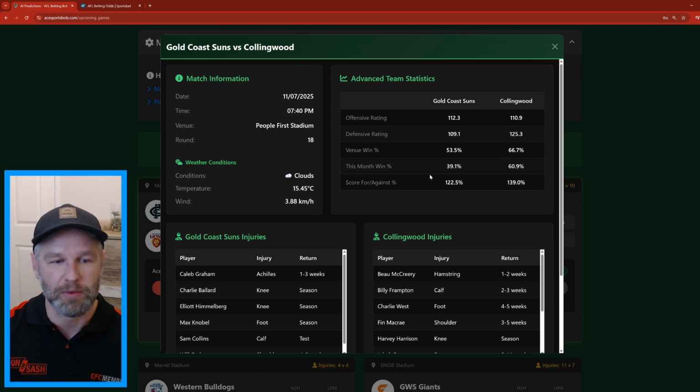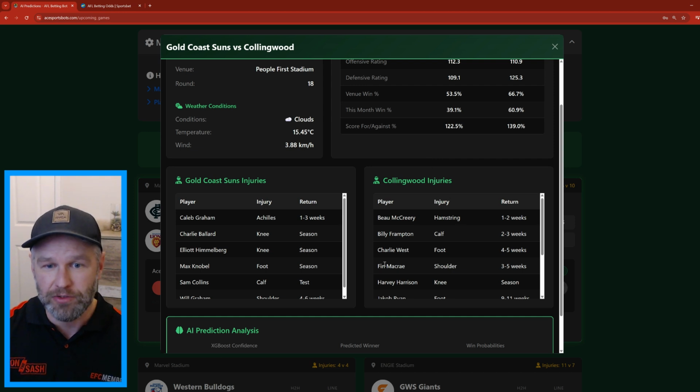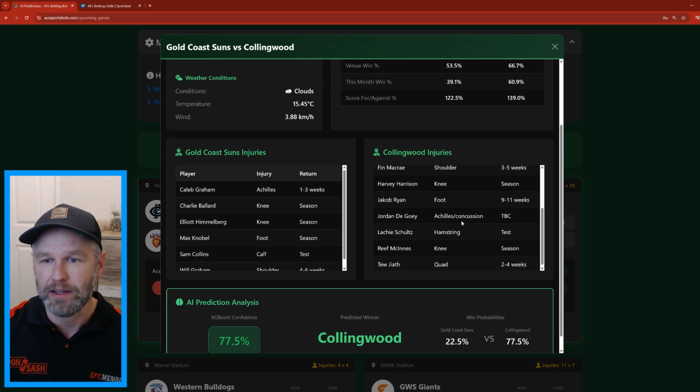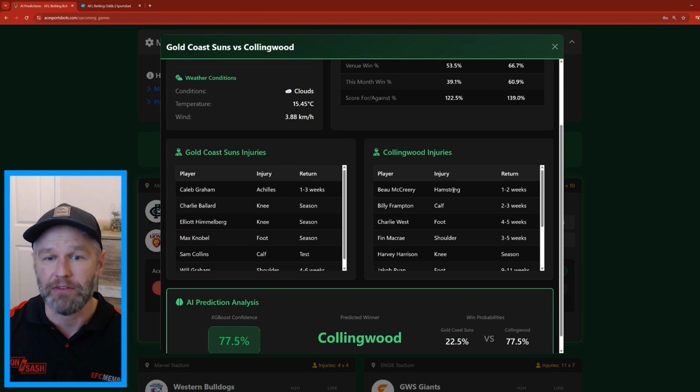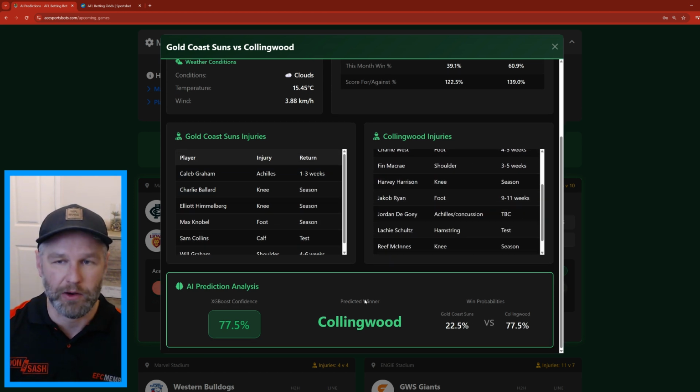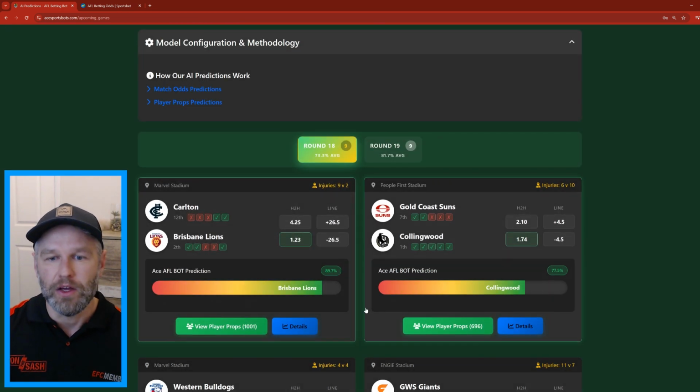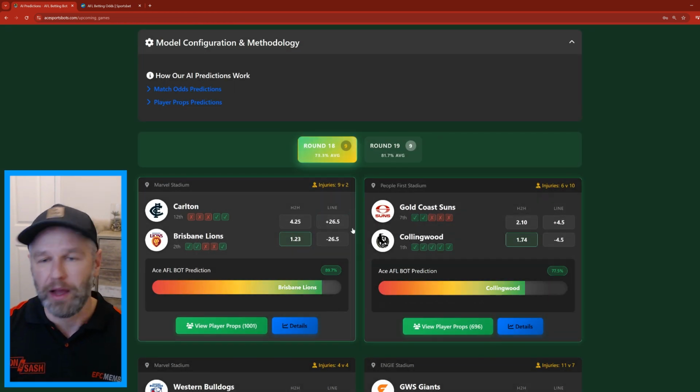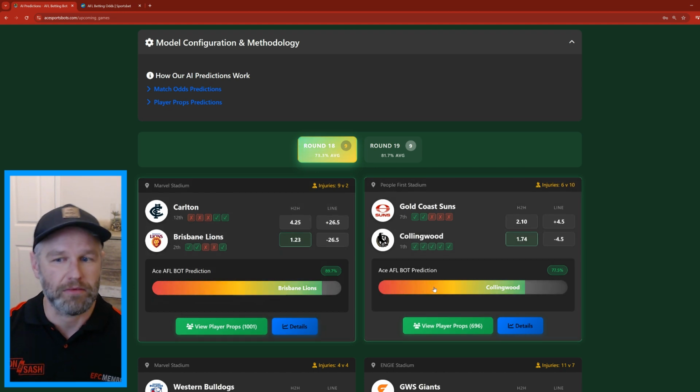And obviously, it does a bit of an equation in that. It looks at the current injuries, so you can see the current injuries for the players, and you can see how long they're out for. And if any of these players are key injuries, okay, it'll take that into account, and then it'll make its prediction, right? So sometimes if you can't find your player predictions, sometimes just choosing matches, yeah, it's always a gamble,